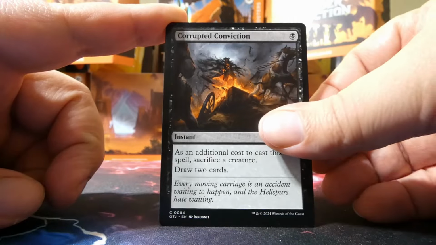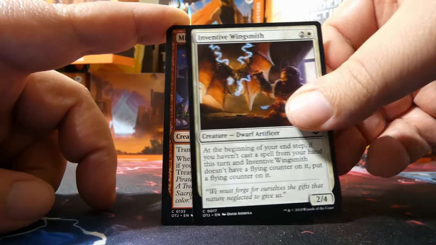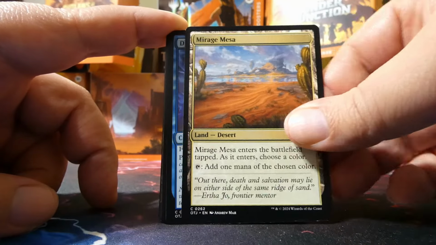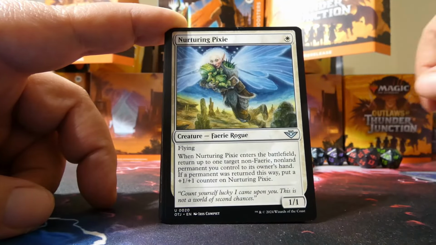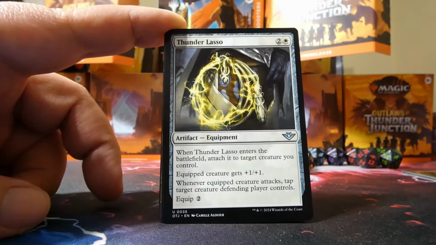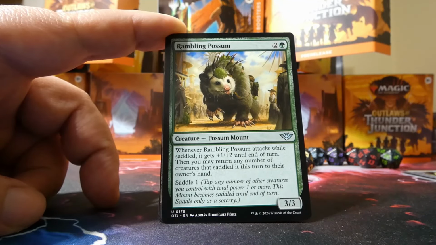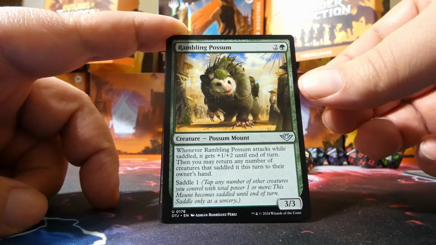This is a good black card. Corrupted Conviction to start. A Geyser Drake. Inventive Wingsmith. A Mine Raider. Mirage Mesa. Okay, that is some form of fixing, sure. That came out of nowhere. So that's not bad. We have a Djinn of Fool's Fall, a Nurturing Pixie is our first uncommon, an Honest Rutstein is second, and Thunder Lasso is third, which means our next card is a Rambling Possum, so another uncommon in this one, and a Mount. I love the Mounts deck. Really, really love it. Which means our rare or mythic is...